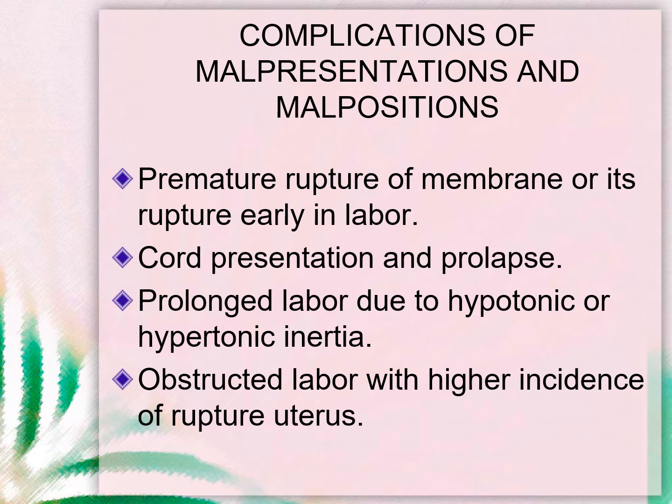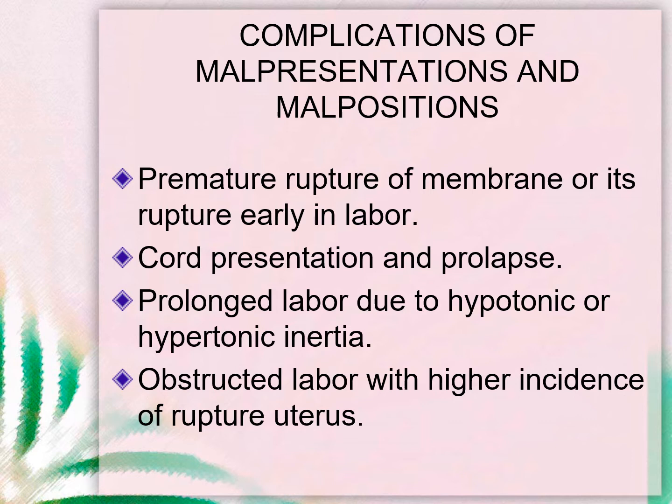And finally, due to the delay, during this entire process the uterus will be contracting, and the uterus will get tired, and there is a chance for inertia or decreased contractions of the uterus. Next one is obstructed labor with a higher incidence of rupture of the uterus. If it is a malpresentation, that is, if the presenting part is large, we know that the normal delivery will not occur. For example, if the mentovertical diameter is getting engaged, as in the case of face presentation, usually the rotation of the head will not occur with that largest diameter. So there is a chance for obstruction of the labor.